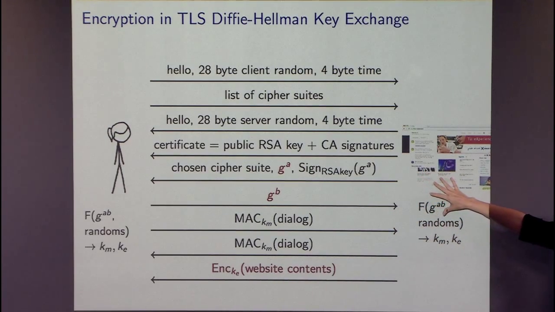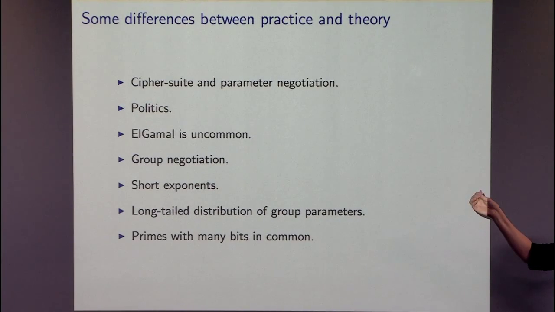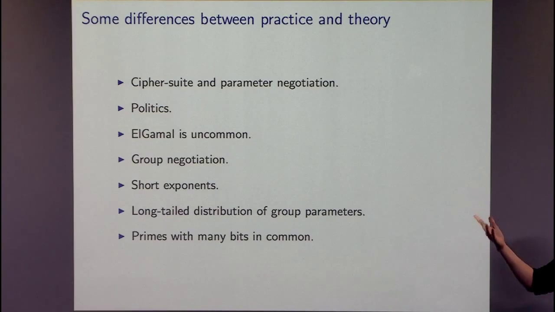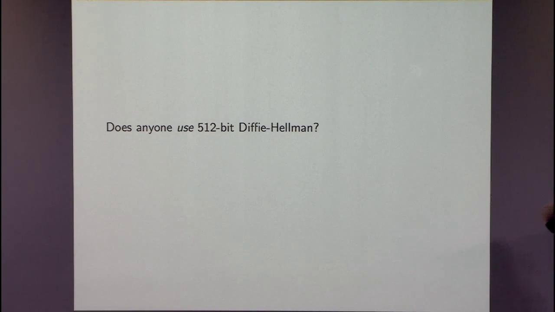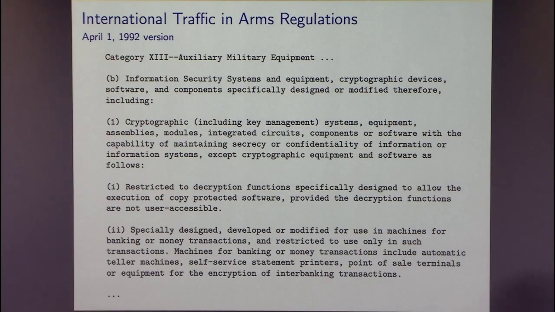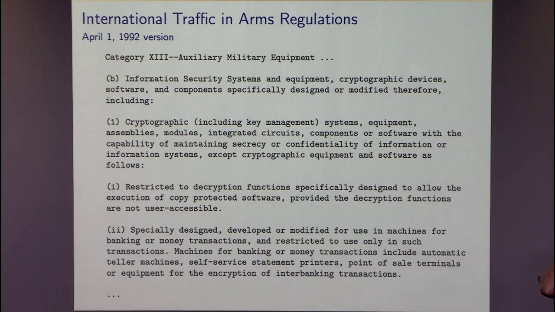There are some servers that do this. Most of them are not dumb enough to do this. There are some servers that are still using 256-bit Diffie-Hellman, because 256-bit crypto is secure. Okay, but does anybody use 512-bit Diffie-Hellman? Actually, a lot more servers support 512-bit Diffie-Hellman than you would like, and the reason goes back to, say, the